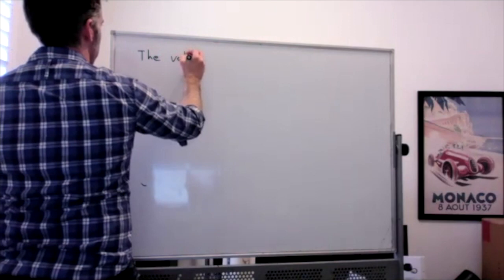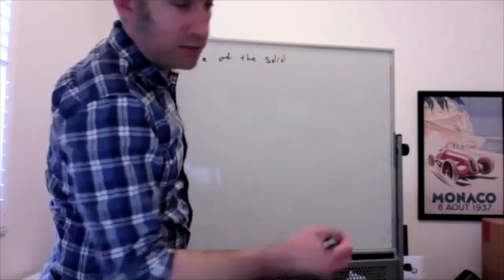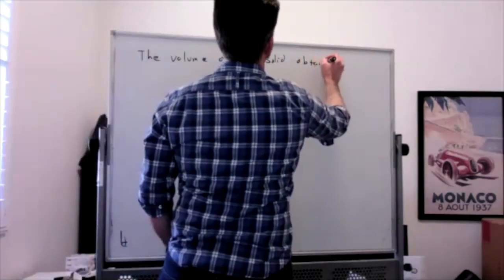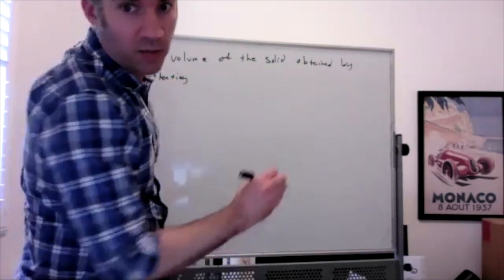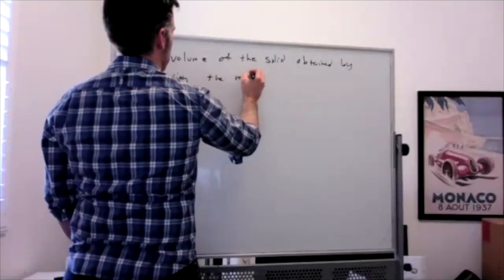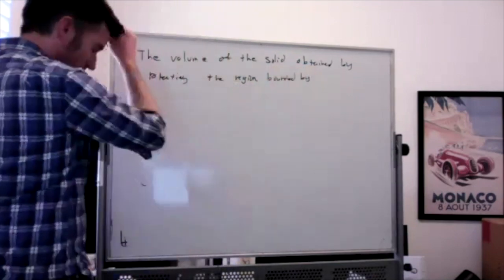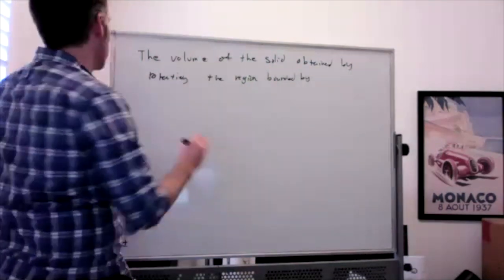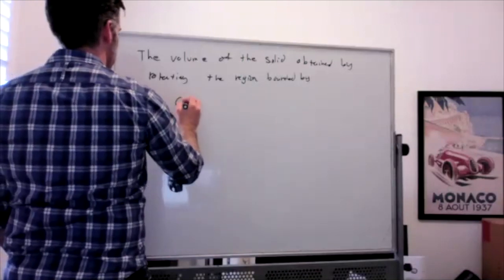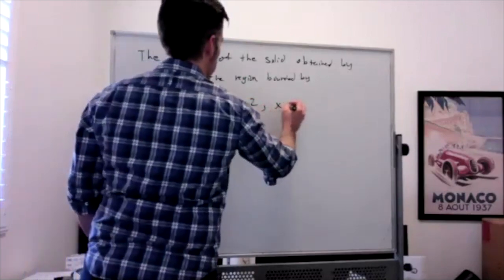I want to find, so here's the sentence, right? The volume of the solid obtained by rotating the region bounded by x equal to 6y squared, y equal to 2, and x equal to 0